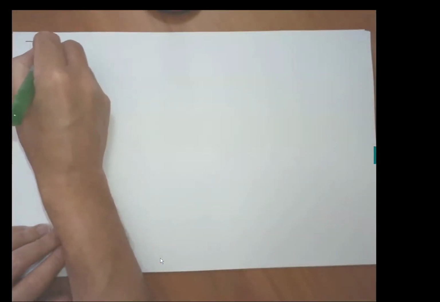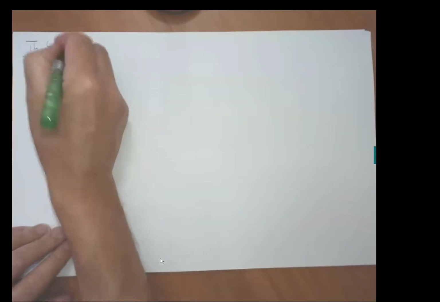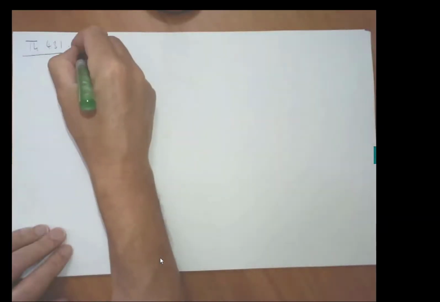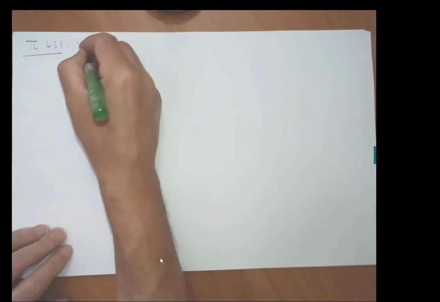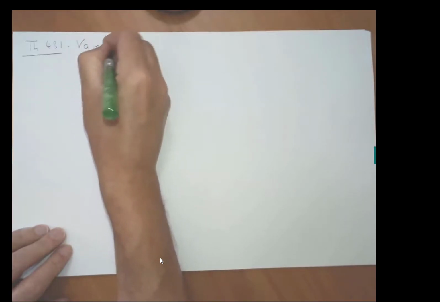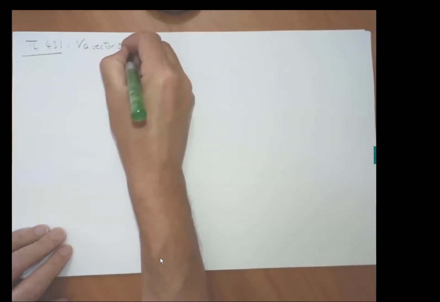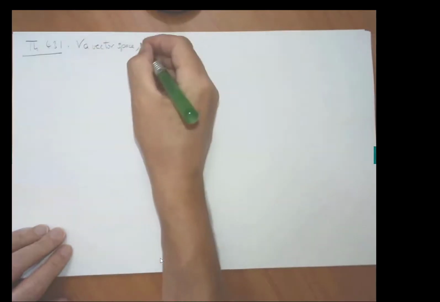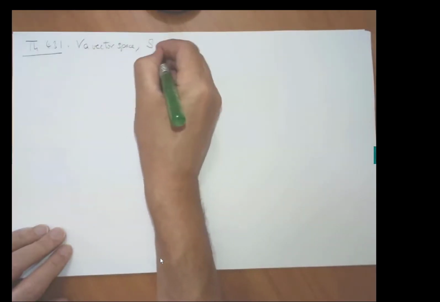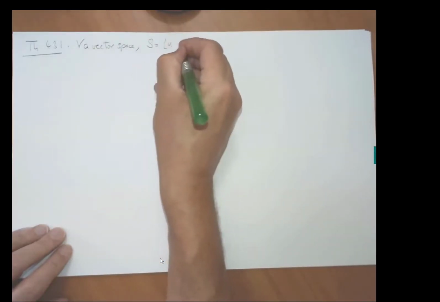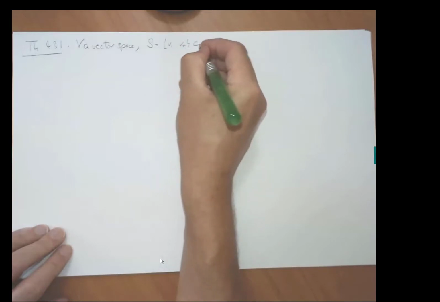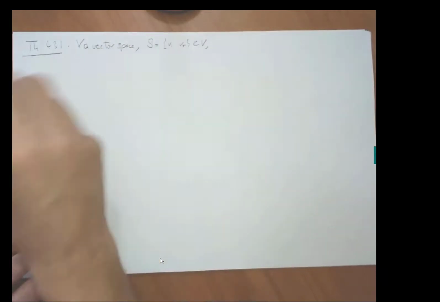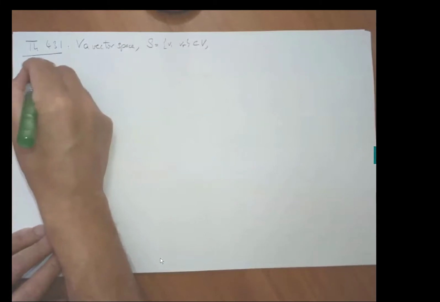So this is our theorem 4.31. Again, the usual setup: we are in a vector space. That's always our universe, where everything lives in. Then S, a subset. And then it turns out S